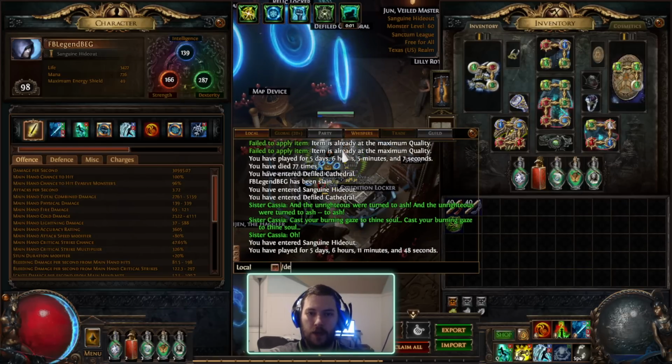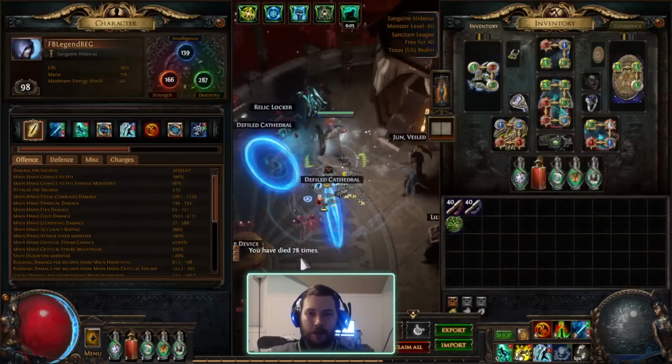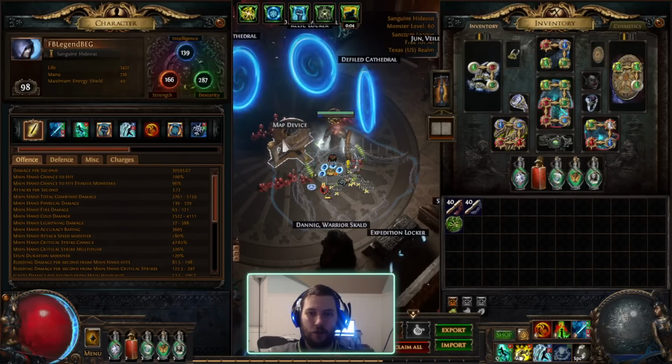for updated POBs. Current deaths, 78. I died a couple of times to reflect because I don't pay too much attention. I actually forgot that you don't get elemental reflect immune on your awakened elemental damage with attacks support right away. It has to be higher level. I'm not sure if you get it at 4 or 5, but either way mine is level 3 and I